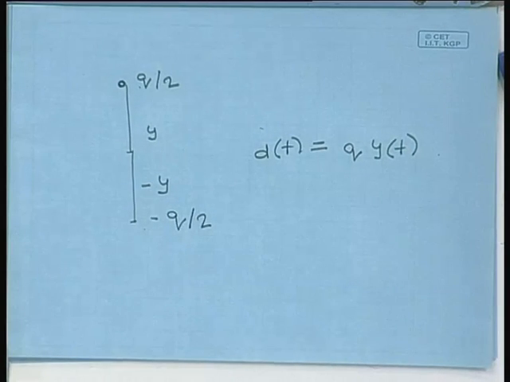So, as far as the radiation pattern is concerned, the 1 by r component of the electric field, a single charge moving up and down with displacement y of t, I can think of as two opposite charges of half the magnitude moving up and down, one of them moving up and the other moving down by the same amount. So, the single charge moving up and down can also be thought of as a dipole which is doing exactly the same kind of oscillation.